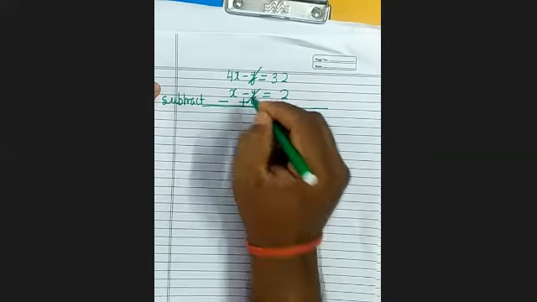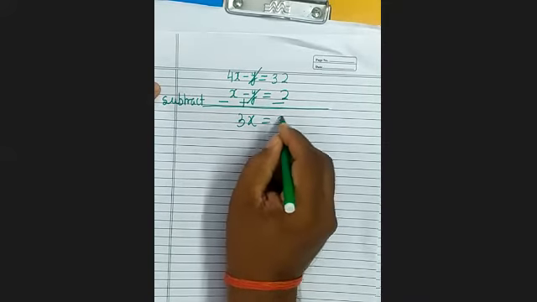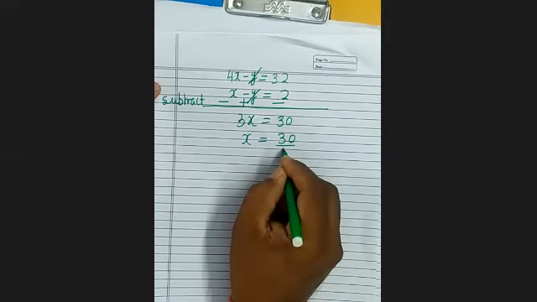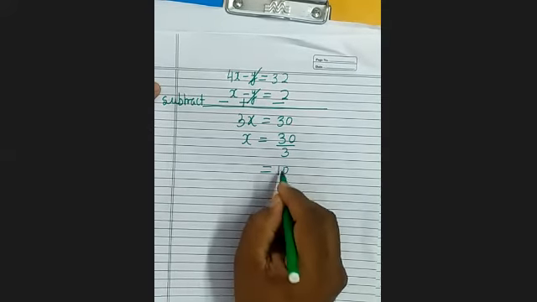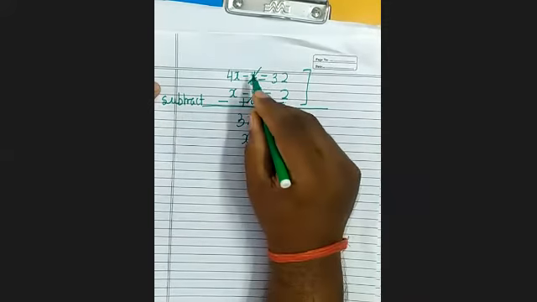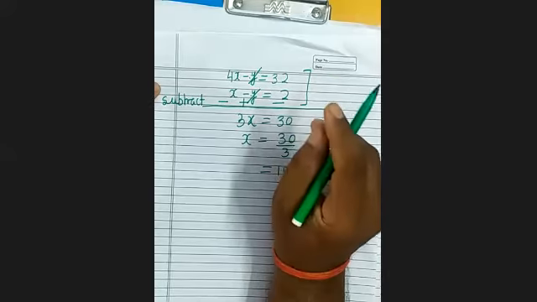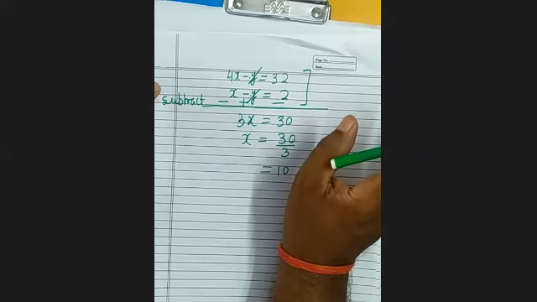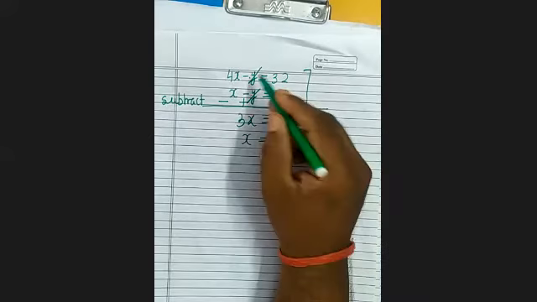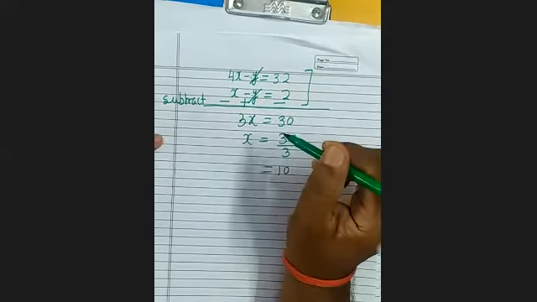So minus y plus y cancelled. 4x minus x equals 3x. 3x equals 30. So what will be x? 30 upon 3, that is equal to 10. So all of you remember this thing. If there is the same sign, then we will not add, we will subtract. Opposite sign, add them. But first you have to make their coefficients equal.